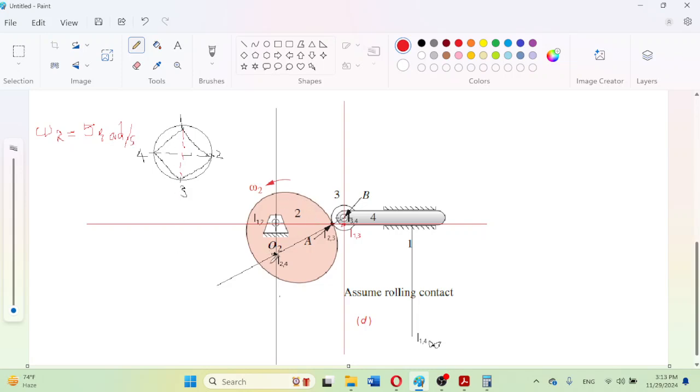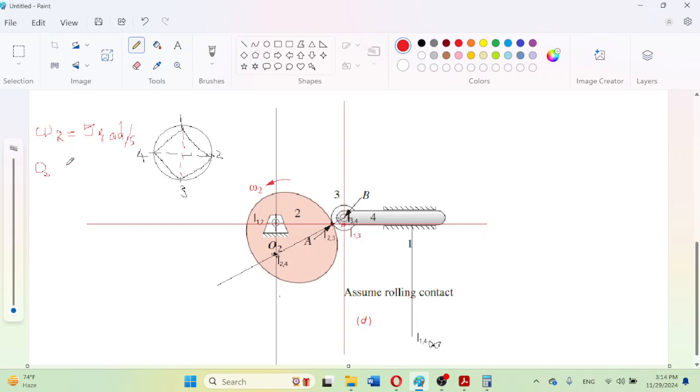So the angular velocity for this cam is 5 radian per second, assume. As we are familiar, a cam has a varying radius at each and every instant. Cam profile is generated with the varying radius. So at this moment, for example, I can say that the effective radius at this moment is, for example,